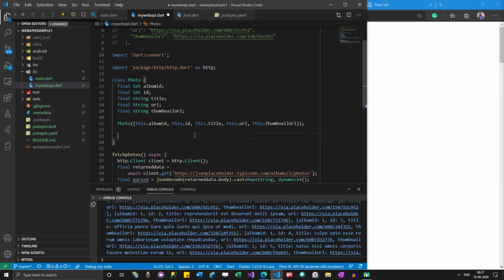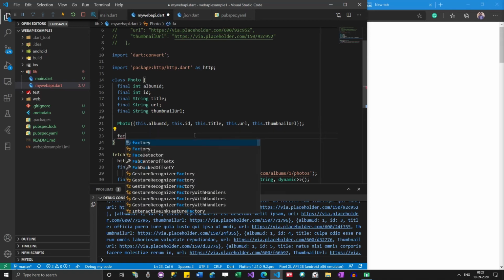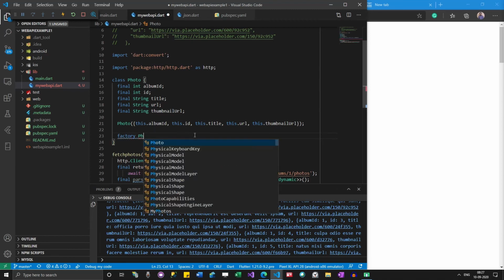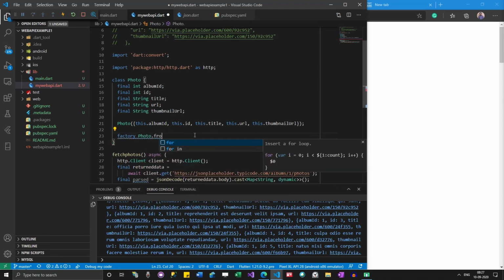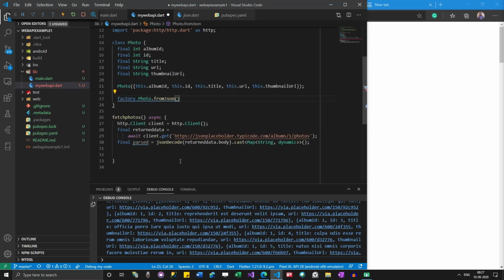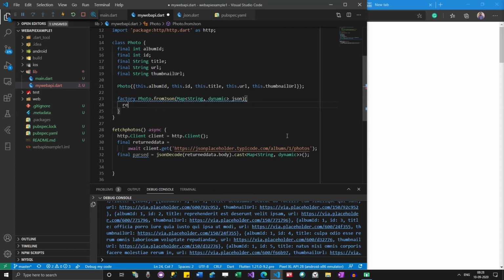So how we are going to do that is factory Photo.fromJSON. Here we cache this JSON data into a Map of String type, right? So we are going to pass each value, and then we are going to return a Photo.